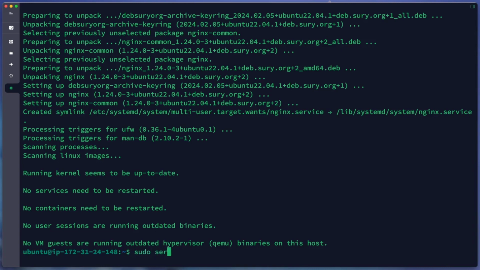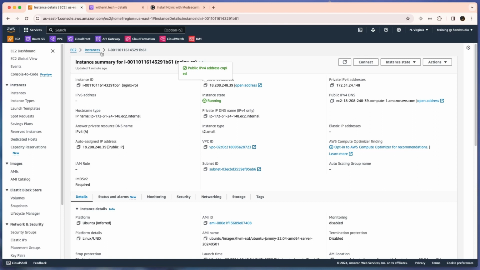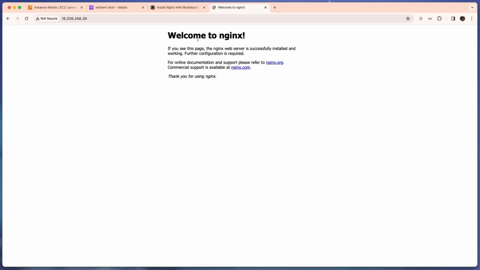Okay, we can check our Nginx status. Our Nginx is running. Let's try to access it from public right now. Okay, our Nginx is up and running.